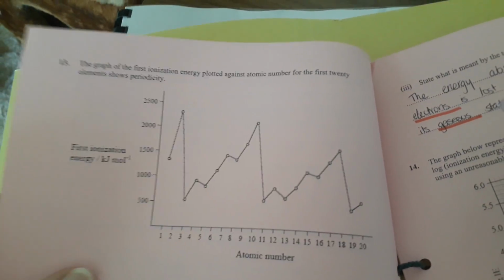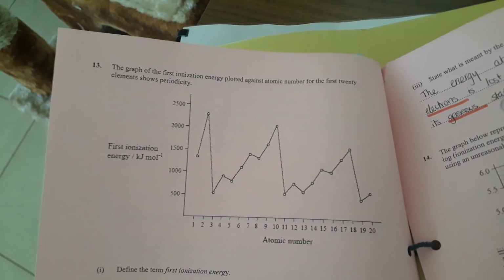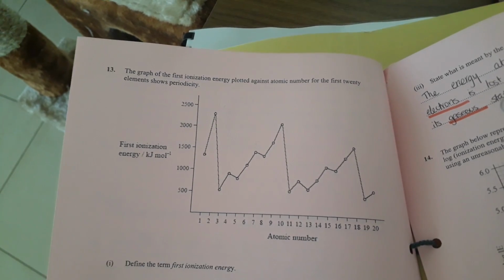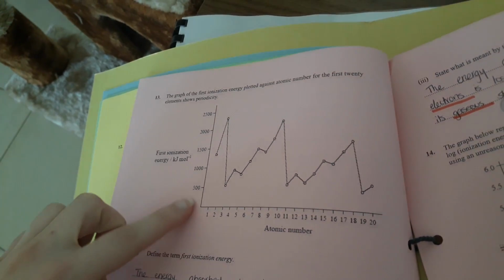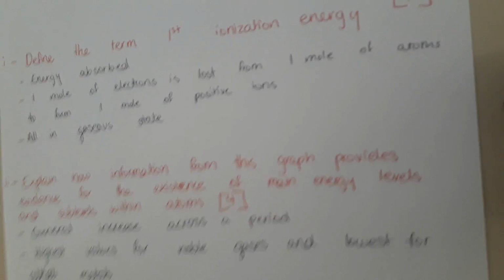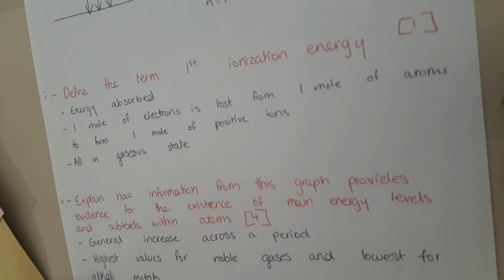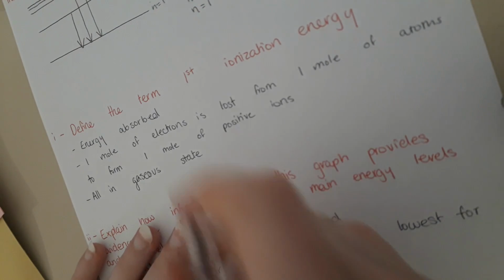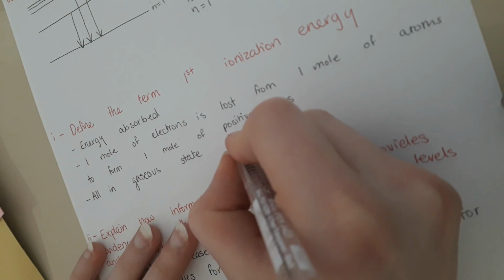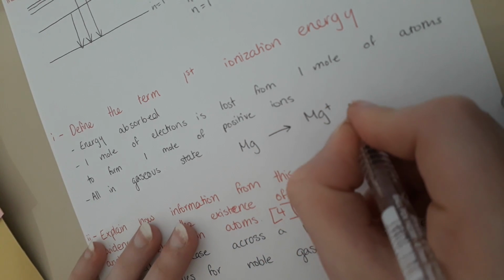So for the next question, we're going to do yet another question from the atomic structure paper. We have the graph of the first ionization energy plotted against atomic number for the first 20 elements shows periodicity. So we can see here the first ionization energy and then across with the atomic number ranging from 1 to 20. And the first part of the question is: define the term first ionization energy. So first ionization energy is often portrayed if we had Mg, then breaks down into Mg+ and an